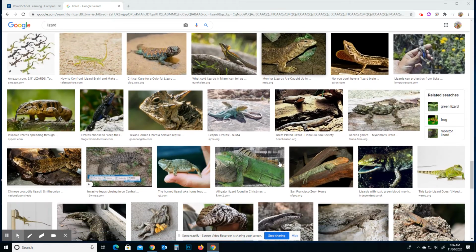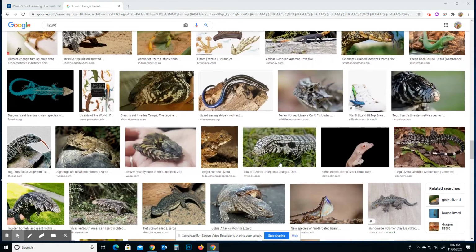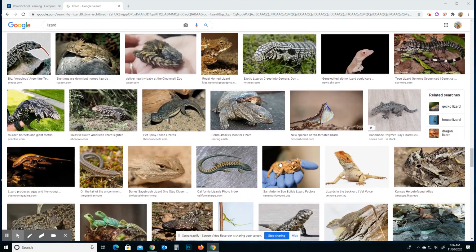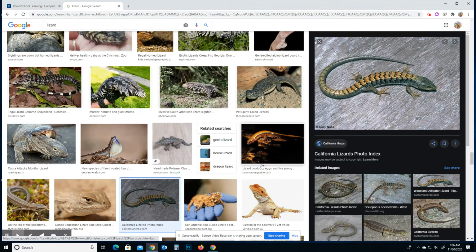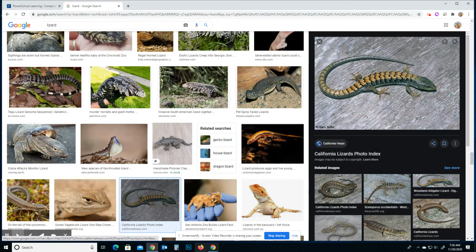So I'm looking for an animal that the whole thing is showing and it is dynamic looking. I haven't quite found what I'm looking for yet. This guy's kind of cool. I kind of like him. So I'm going to copy this image, and my directions say to